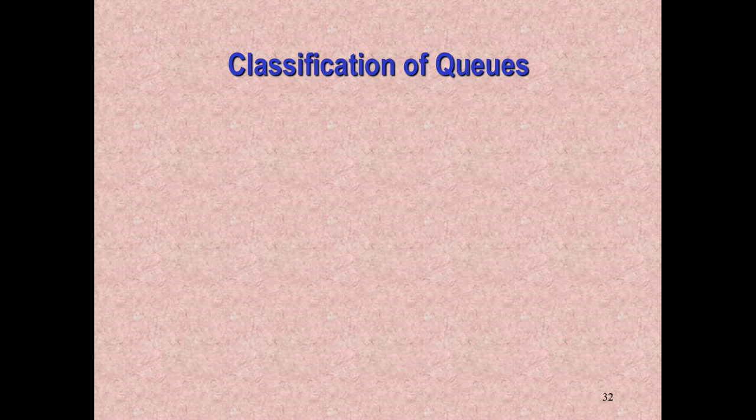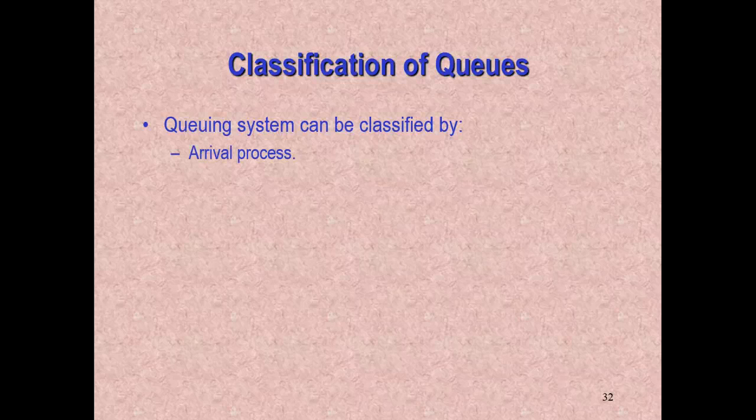Okay. So we know we have these things called queues. We know that queues are different. They can be configured differently. Things can arrive at them differently. They can be served differently. All these kinds of things go along with that. So one of the first things we want to do when we are shown a queuing problem is we need to classify the queue. Okay, and we're going to use five things to classify. The first one is the arrival process.